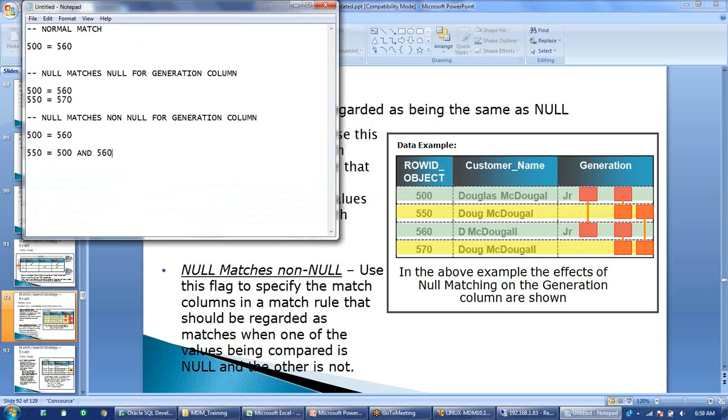The names are already matching, all the names are matching, but this is just based on the generation column. So we have selected this property that null matches non-null. A null value will match with a non-null value. So if we select this property, 550 is getting matched with 500 and 560. Similarly, 570 will get matched with the same 500 and 560.